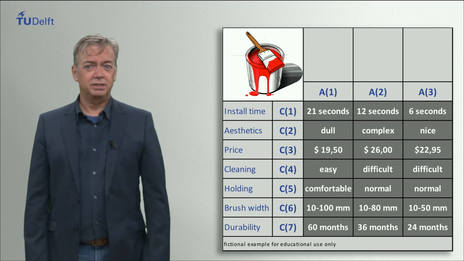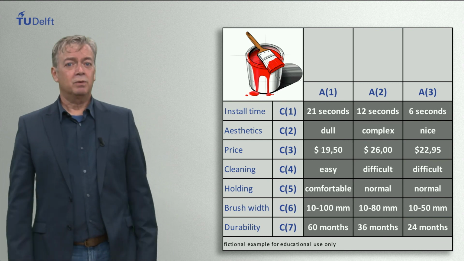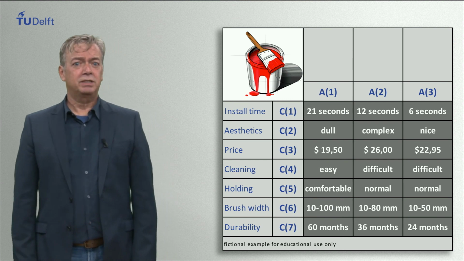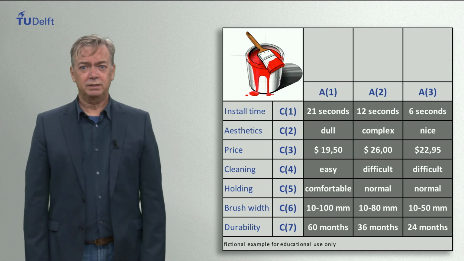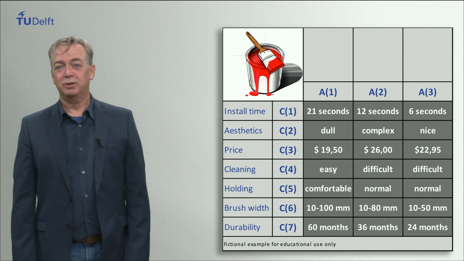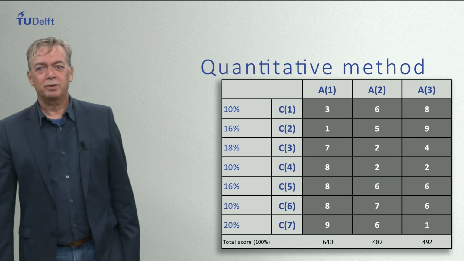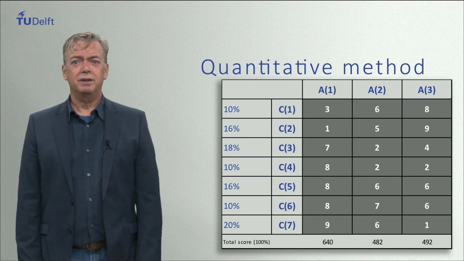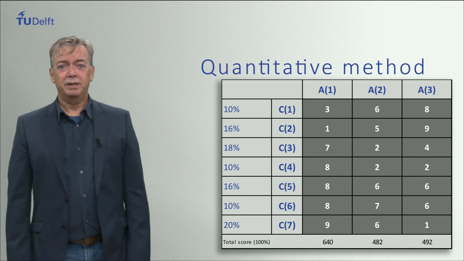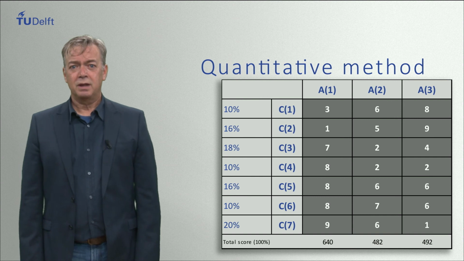In general, we distinguish between quantitative methods and qualitative methods. Quantitative methods can be very helpful at stages later on in a design process, and they can be used to rank alternatives and do not only tell you which alternative is best, but also how much better. A score for the effectiveness of each criterion is given using the same scale for each criterion. Also, the weight of each criterion is determined.